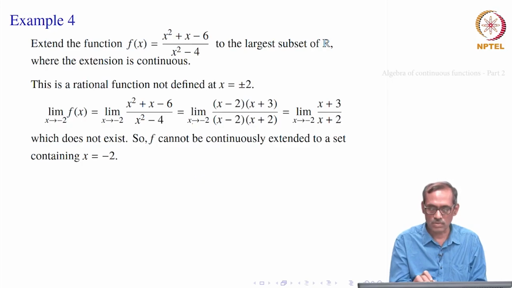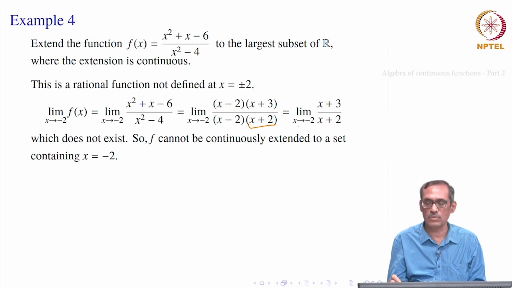As x goes to minus 2, x is not equal to minus 2, right, in the limit. So, since it is not equal to minus 2, x plus 2 is non-zero, okay, and x minus 2 is a factor which we can cancel because we can assume x is not equal to minus 2 in a neighborhood of minus 2. So, we just cancel it and we get the limit of (x plus 3) divided by (x plus 2) as x goes to minus 2. Now, what about this limit of (x plus 3) divided by (x plus 2) as x goes to minus 2?